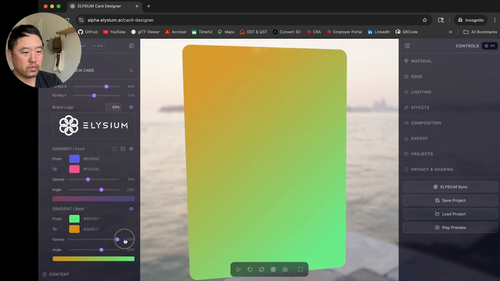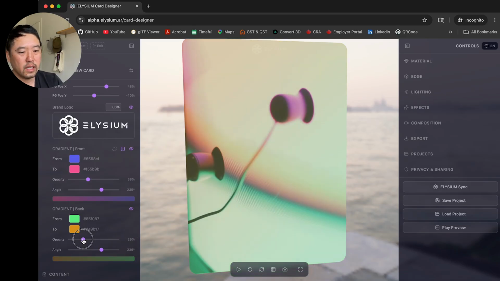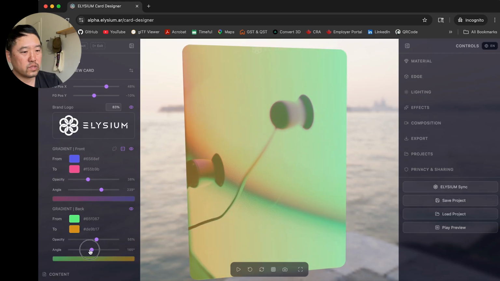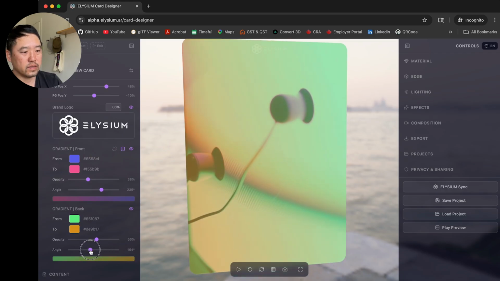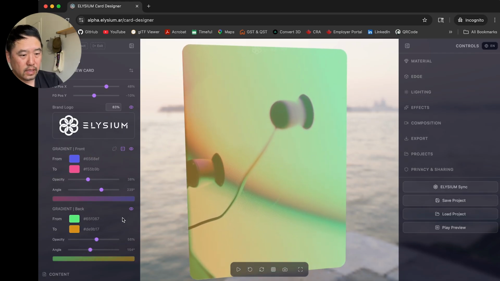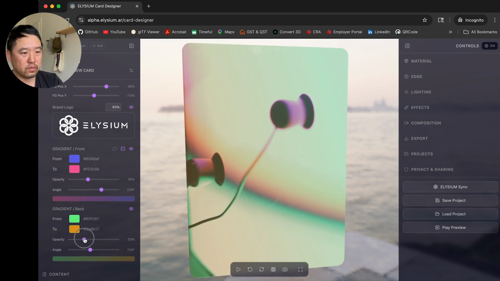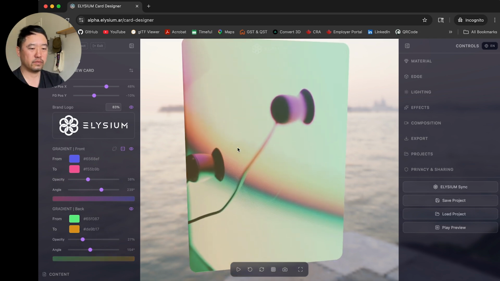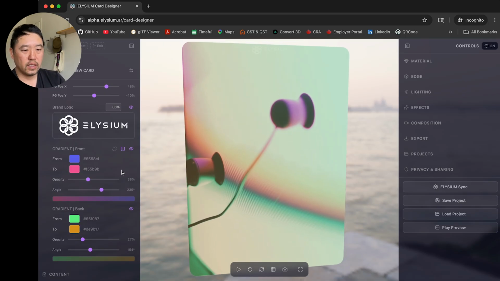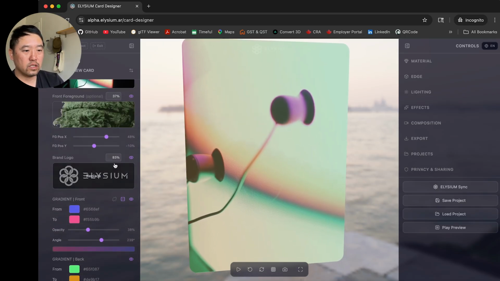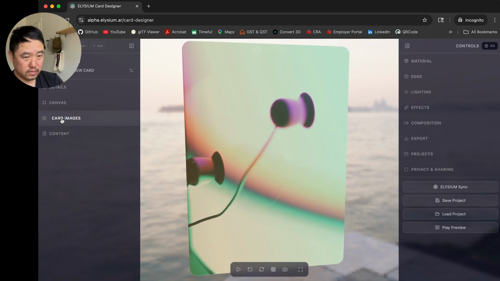If we go to 100%, that's what the color looks like. Likewise, we can change the angle separately. All right, okay, let's leave it at that. Let's turn down the opacity a little bit. There we go. Okay, so that's all about the main images.